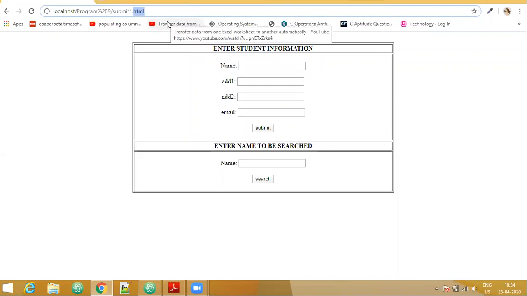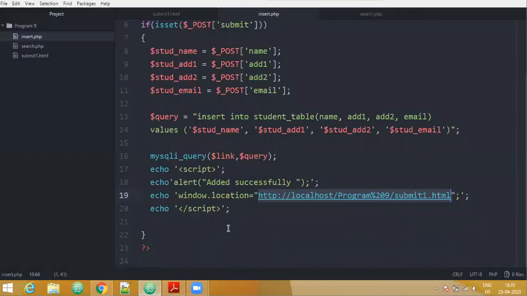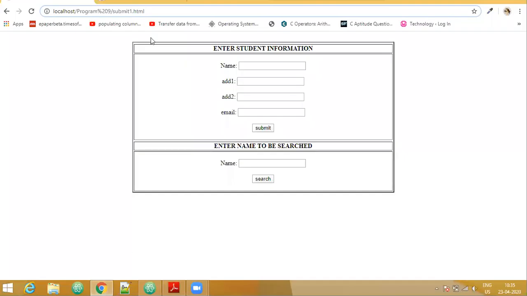So that is why in window.location you have to specify this particular address. Then I am ending my script tag. Now please do not learn this address by heart. In the exam you will have to check what it is coming and then copy paste it there.